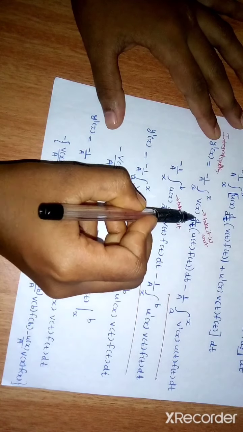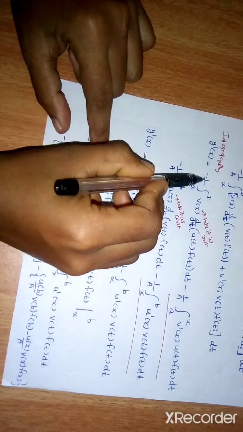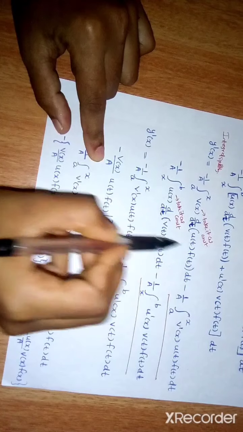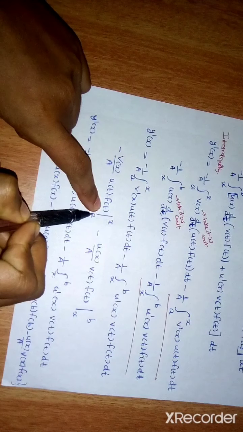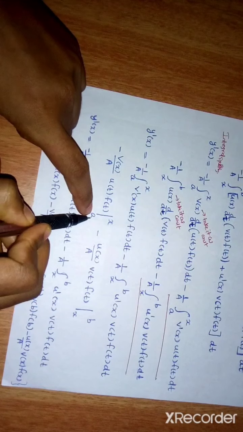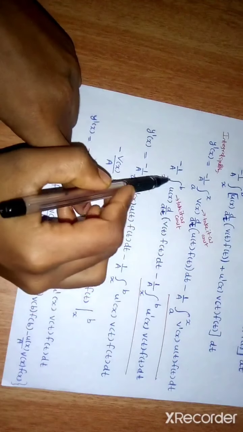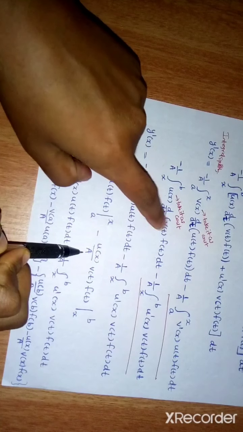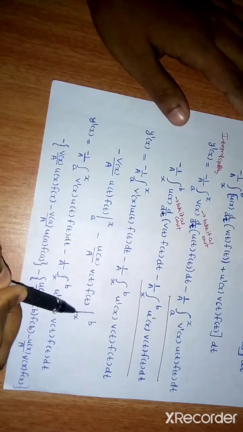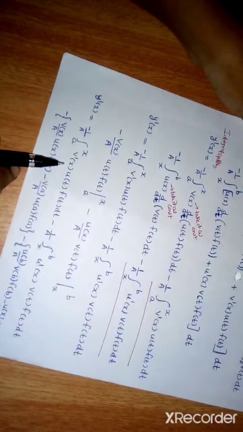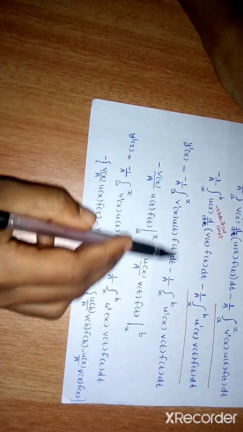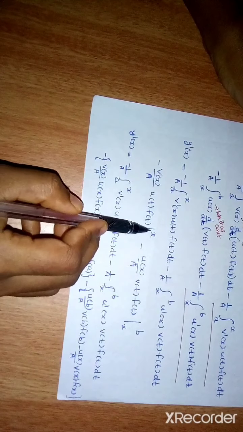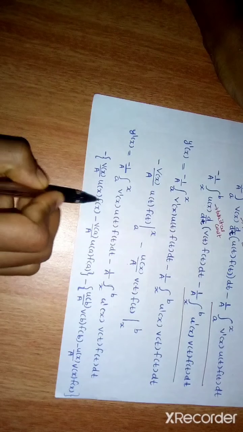So what we left: v of x minus v of x by a, and the integral vanishes, the left terms come out to be u of t f of t dt, but we have to put the limit, a to x. And similarly from this term we get minus u of x by a, v of t f of t, and put the limit. Then we write the first two integrations as the same and apply the upper limit and lower limit. Then we get like this.